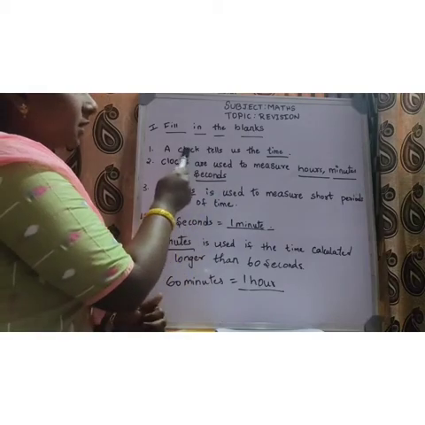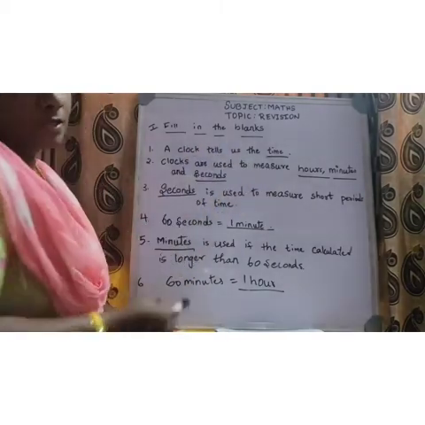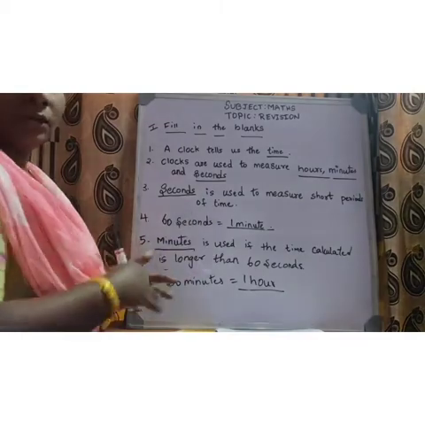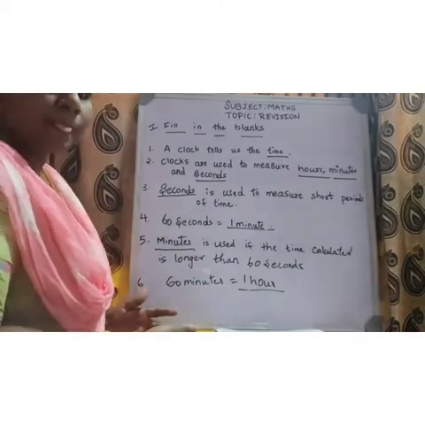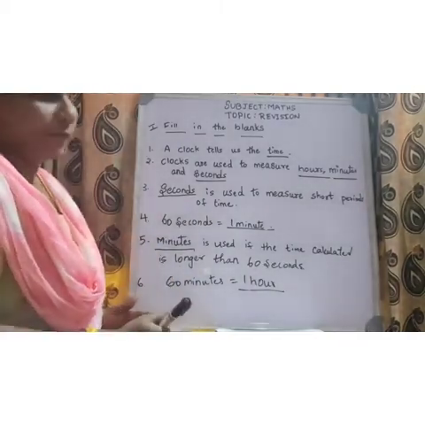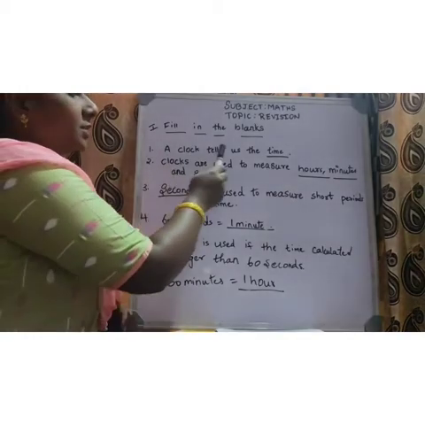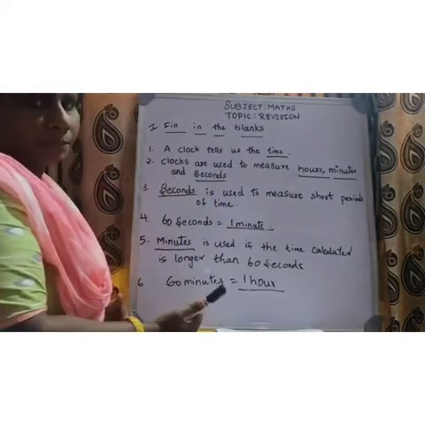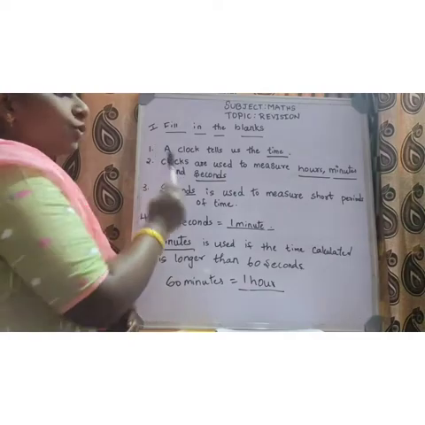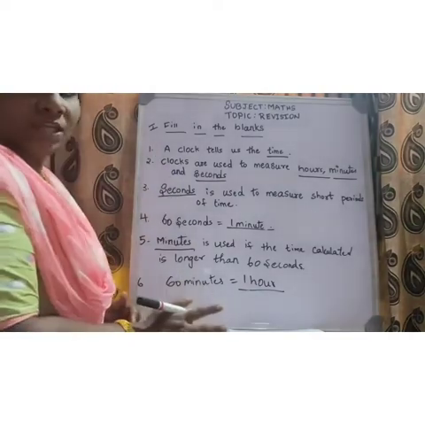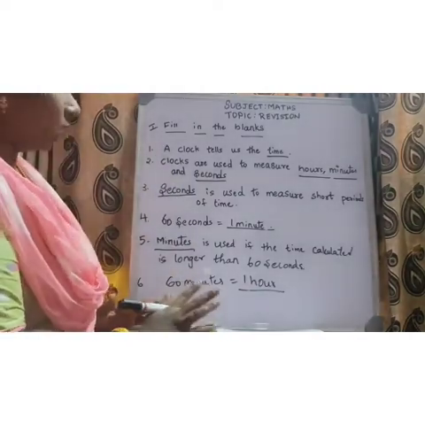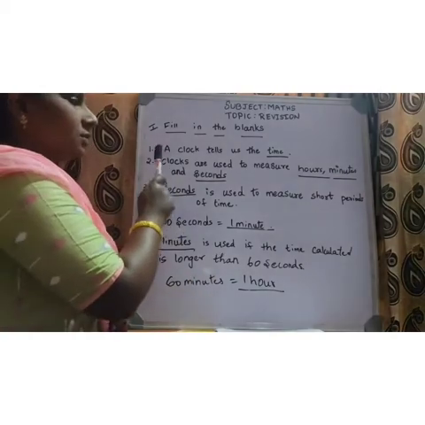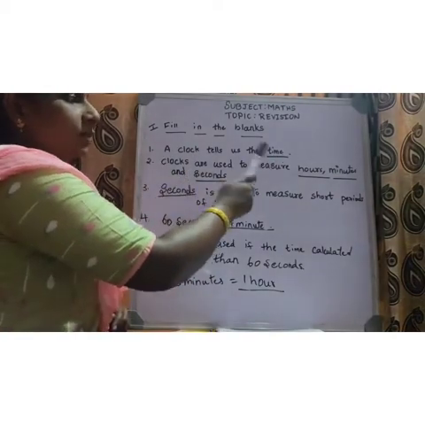Okay, it can be either the clock can be the dash or time can be dash. So any one thing it can be, and that blank you have to fill. Or a dash tells us the time, that also can be asked. So you must be thorough with the things. You must learn everything.